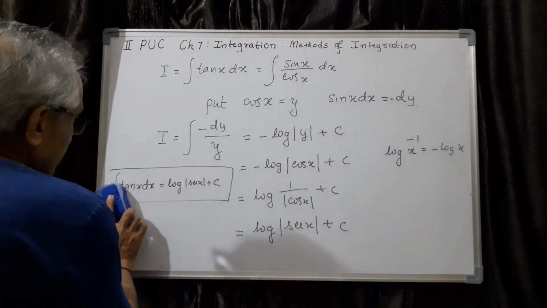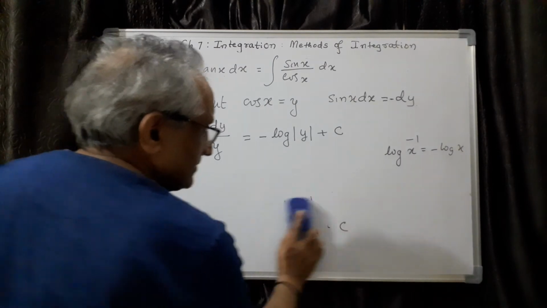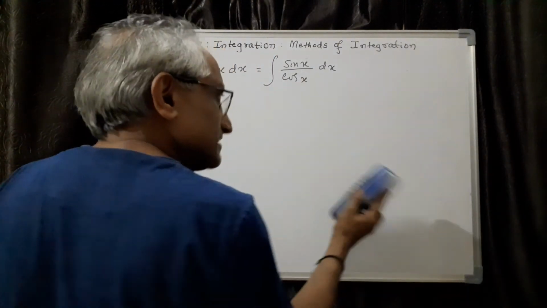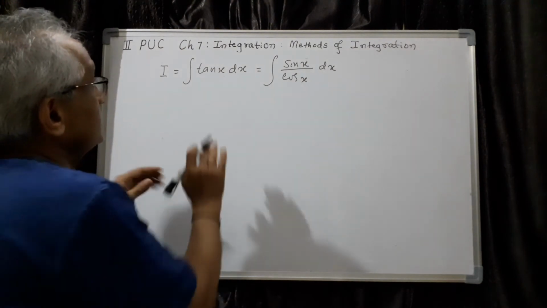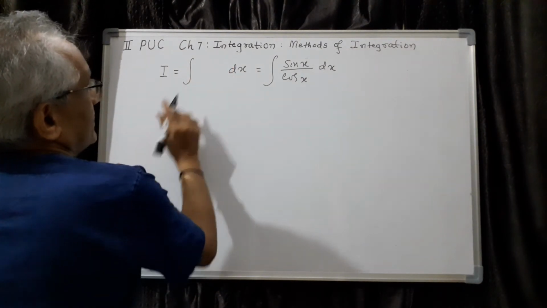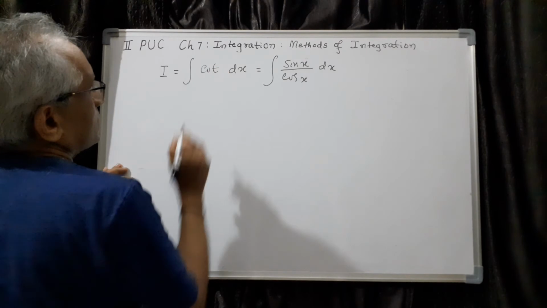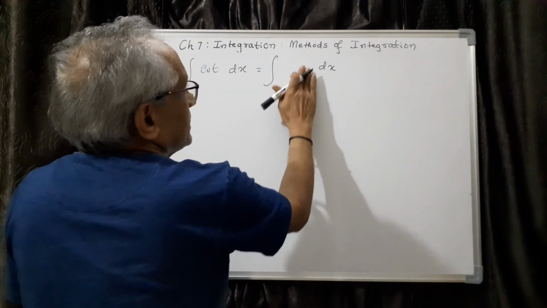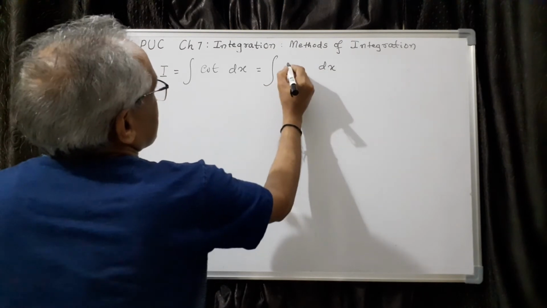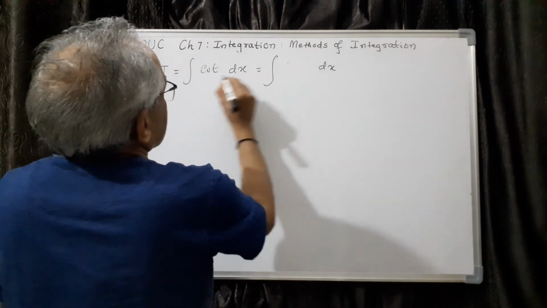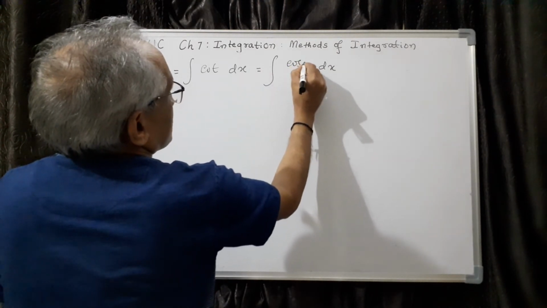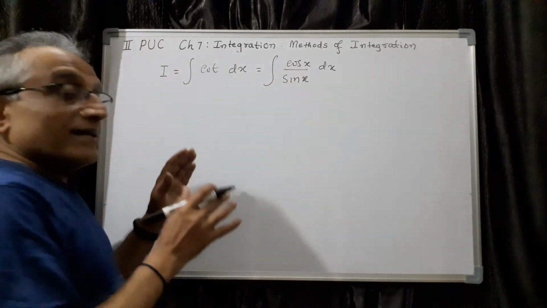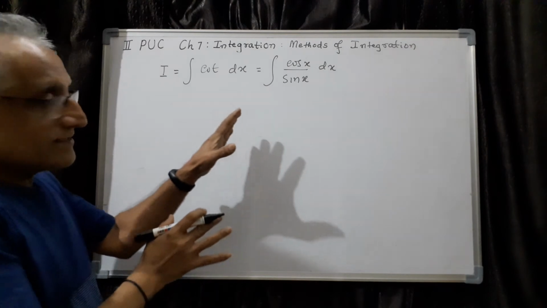Now in the same way, even I can leave this question actually, but let me try because it is identical, similar actually. What is the integration of cot x? Cot x. So what happens? I will just show you. The rest of the things you can do yourself. Cot x is cos x divided by sin x. Exactly similar to tan x integration only.